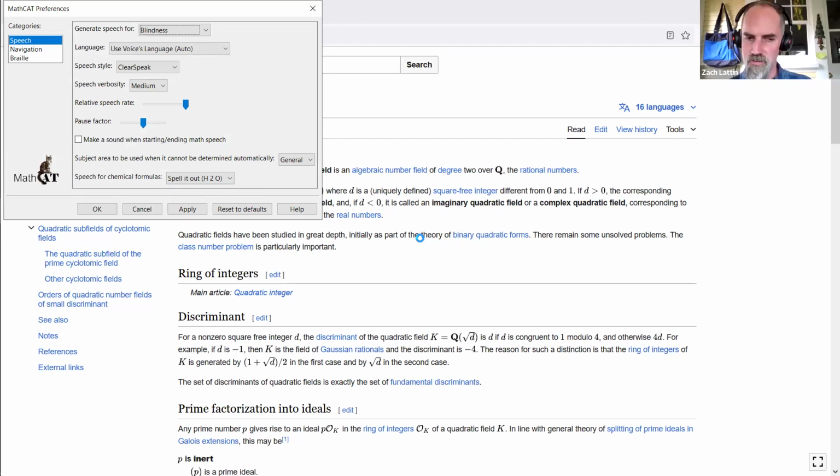There's a lot of different thoughtful considerations that went on with the design of this add-on. So you can decide if you're generating speech for blind users or low vision users. Blindness changes the level of detail that is given. Language, combo box, use voice's language, auto, collapsed. You can select a language that's different than NVDA's language, and this is spoken language, not programming